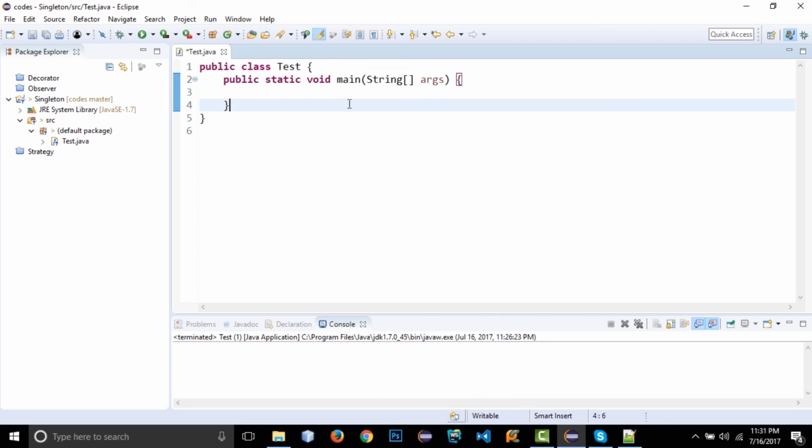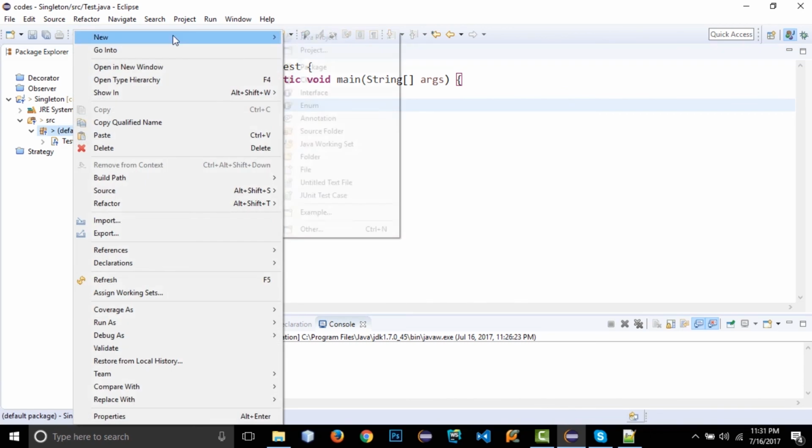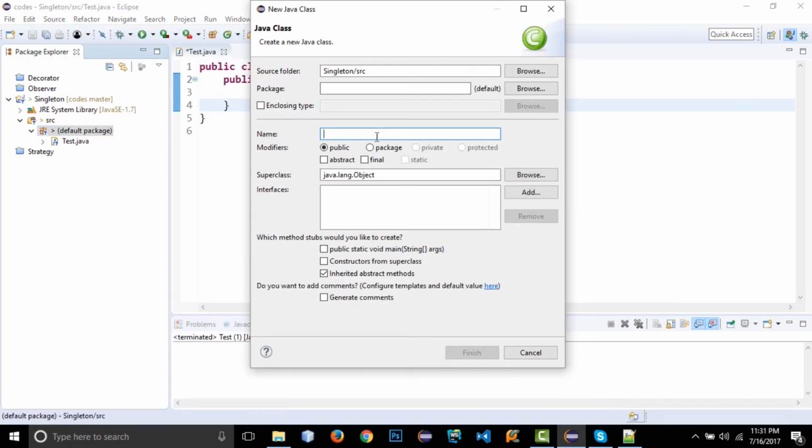If we are working on a phone, then we might have to add our security code in order to switch on the phone and use it. So there are various examples that we can work with. Right now you can see on my screen I have only one Test.java main class, and I'm going to create another class which is called Settings,